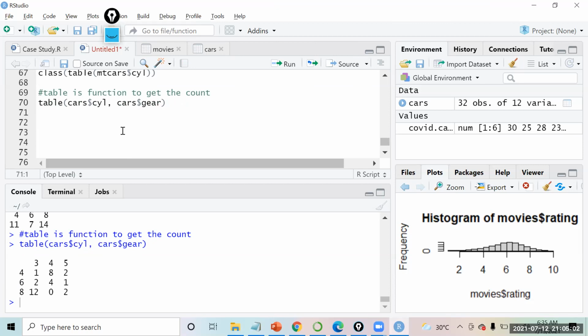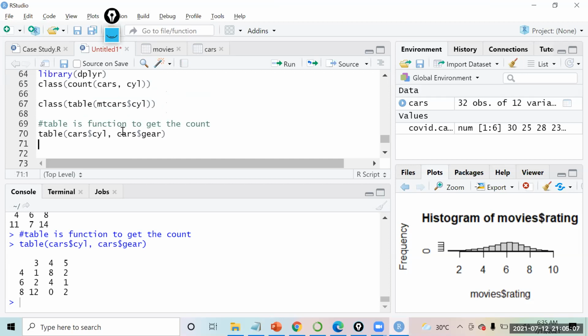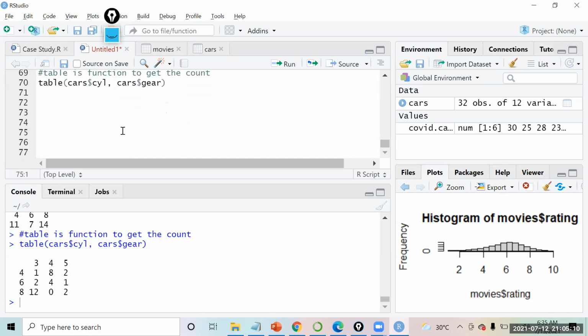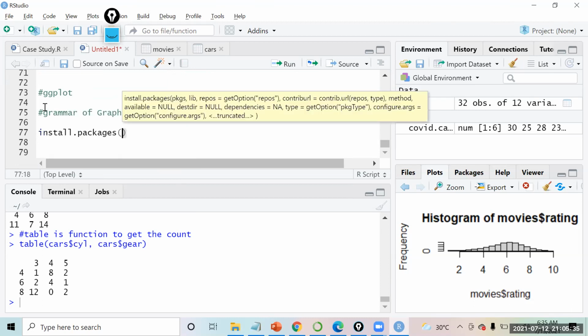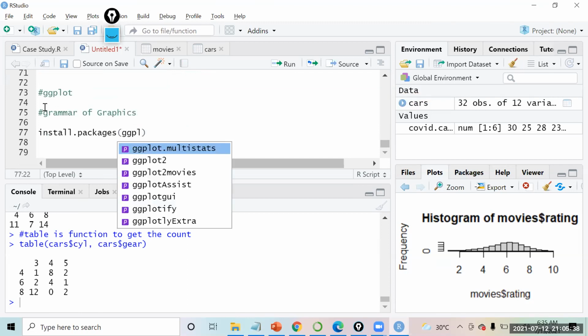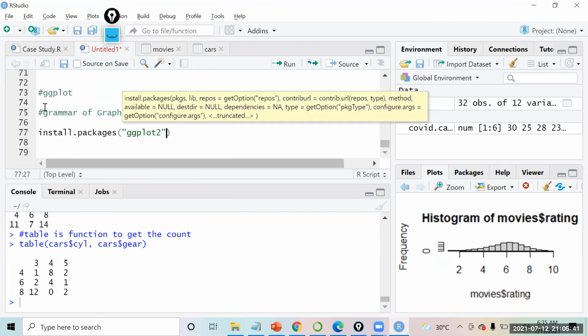So now what we have seen is how we can create charts with the help of the basic functions that we have. There is a package which is most widely used in the field by the people and developers who use R, and that package is ggplot. The ggplot stands for grammar of graphics. This is a package that we will be using to create the charts. First of all, we all have to install this. You will say install.packages("ggplot2"). This is the name of the package that you all need to install, so please install this.